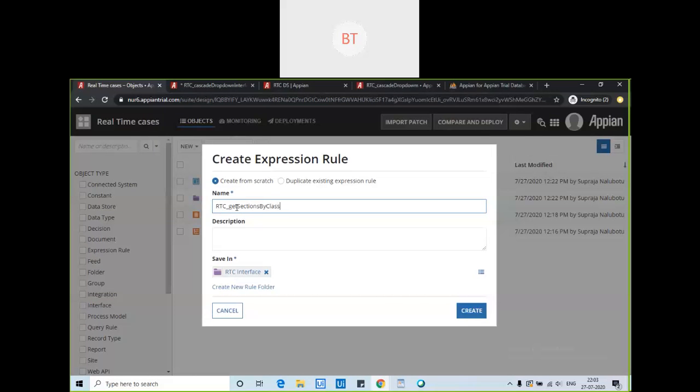This expression rule will fetch section details as per the selected class.